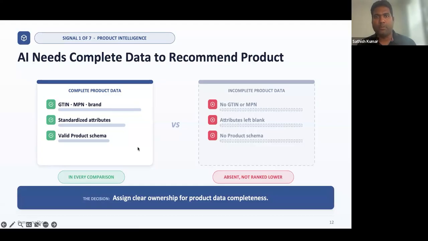Definitely, this is more important. The question is, is this information more important to the AI agents? Yes, it is important. But there are two ways you need to think. When a user types a real world scenario, these products might come into the recommendation list, but to get listed or shown in the cited answers, this alone will not be enough. Your product information might be crawled and taken for the responses, but to be shown as a cited response,